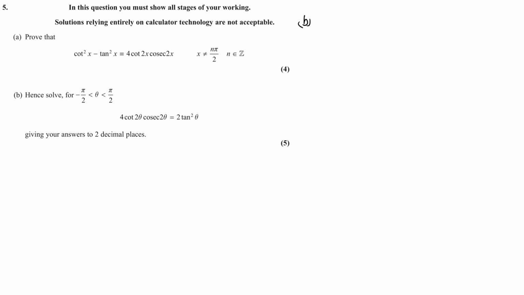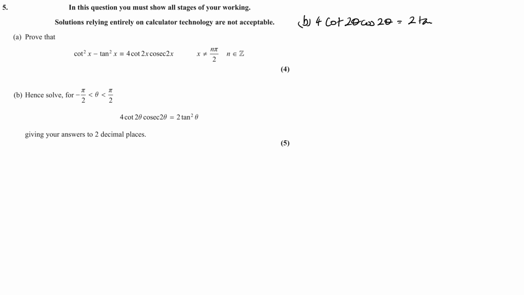Now with part B, we need to solve it. So we've got this equals this. Now 4 cot 2 theta cosec 2 theta is what we've got up here, isn't it? So it looks like we can do a bit of replacement there, and we can replace it with that. So if I start with what's in the question, just for you guys,